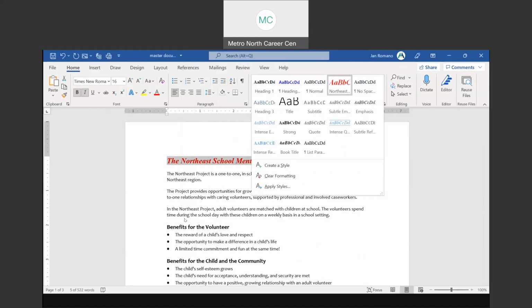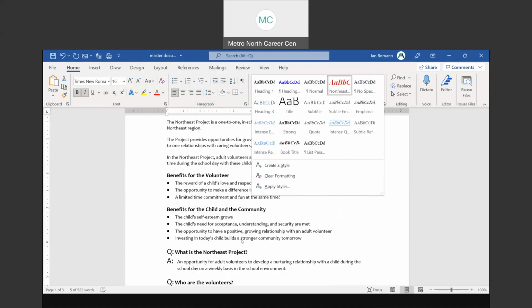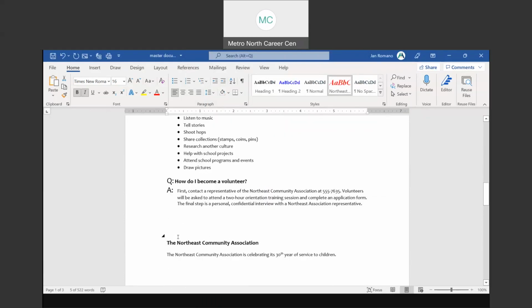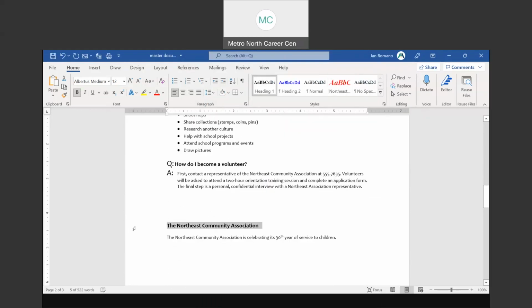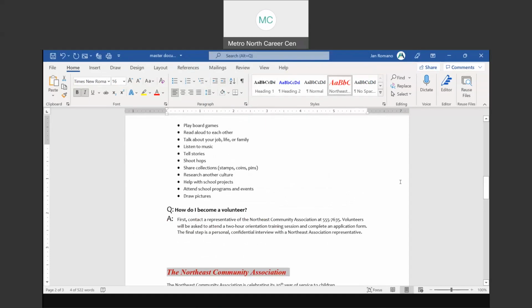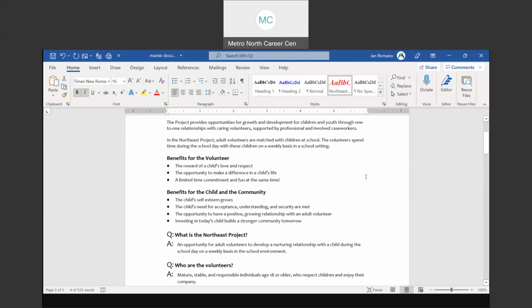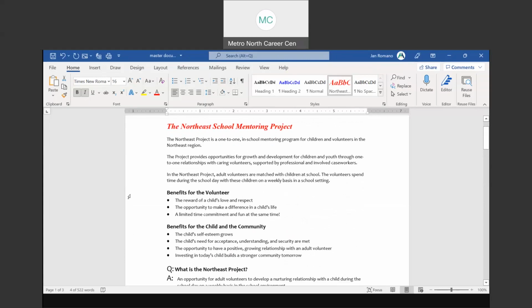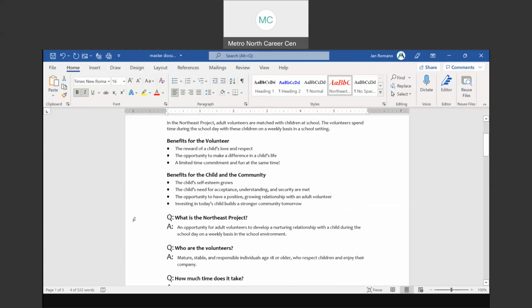So now I can take any other headings that I want. So I'm going to go down and find one of these headings here. And I can apply the Northeast that I created, which is the new style that I created off of heading 1. That didn't change heading 1. That just added a new style. So say, for example, again, sometimes I know you like to see things more than once. So let's say I take this question